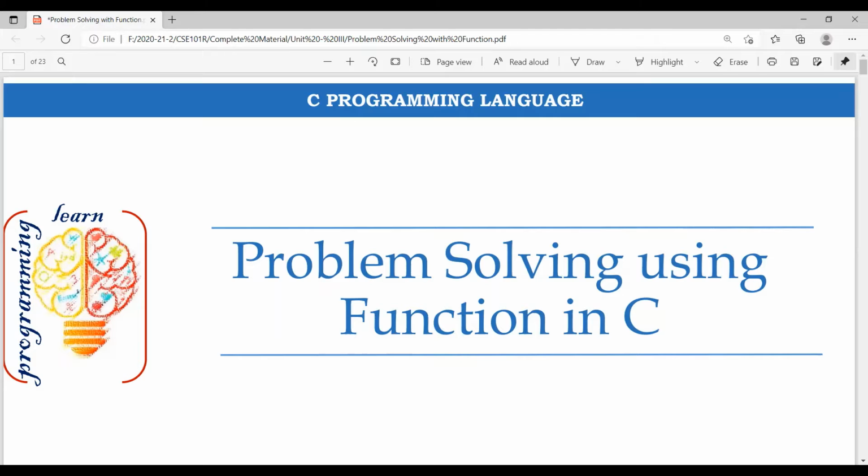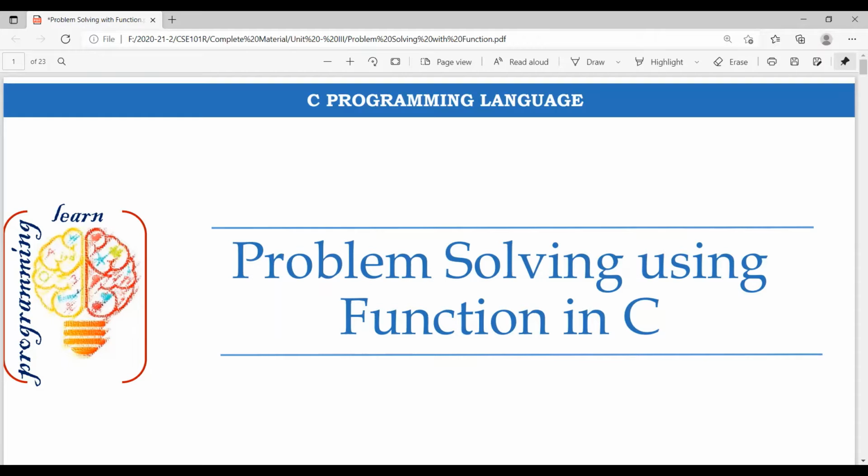So in this lecture, I have come up with a different order of ideas. Here we're going to see how to solve a particular kind of problem, especially debugging-based questions that are normally asked in placements and competitive exams. We're going to solve problems related to the function topic in C programming with the help of output-based questions and some theoretical questions as well.